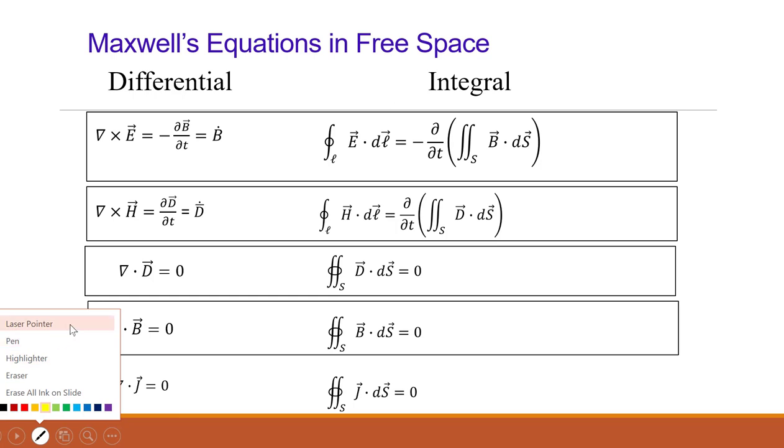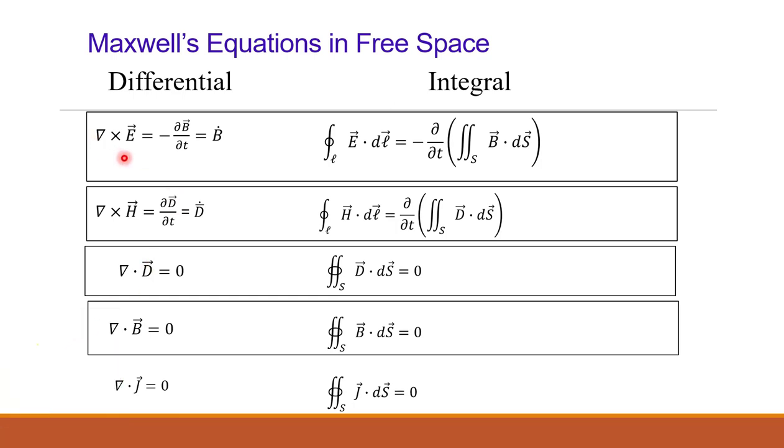The equations are modified as, first equation again, del cross E bar is equal to minus dou B by dou T, that is minus B bar dot was there. Here we are going to change it according to free space. There is no J, no rho V, so this equation will remain as it is. In the second equation, del cross H is equal to J plus D bar dot was there. So J is equal to 0 means only D bar dot will remain. And here also the integration of J term will be removed, so only dou D by dou T of dS will remain.